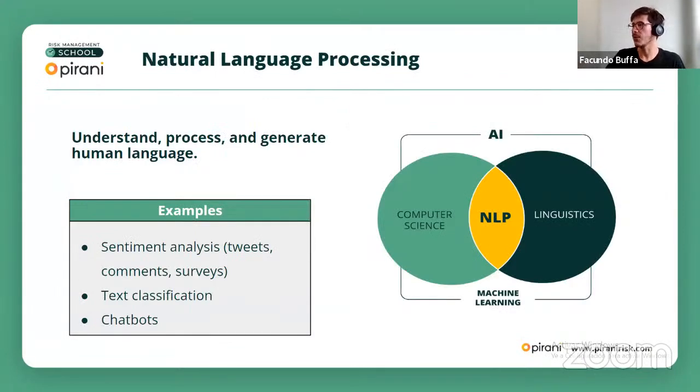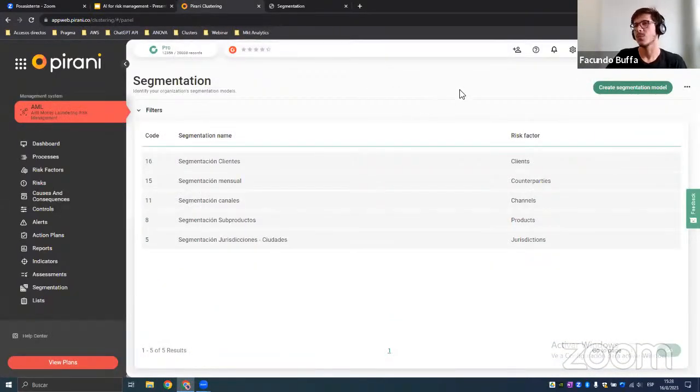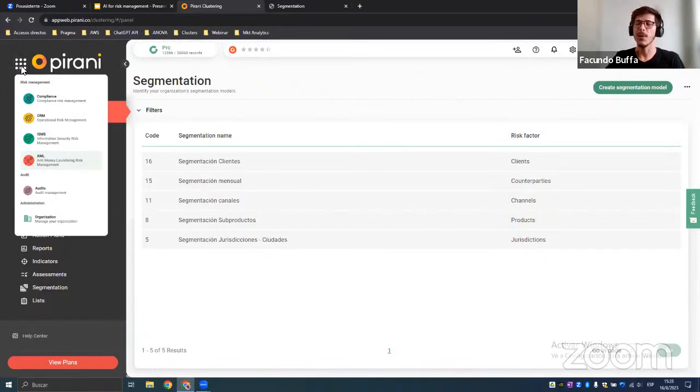Well, now we are going to show you the platform. I'm going to show you all these steps and how you can perform them there. Okay, this is the platform. Here you are going to find different sections. For example, we have a section for compliance, another one for operational risk, another one for information security risk, and another one for anti-money laundering. This is what we were talking about. So here in this section,